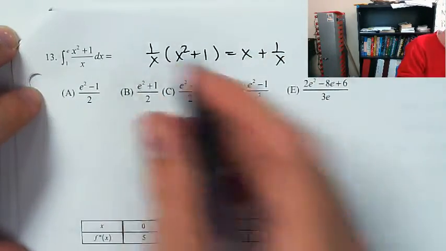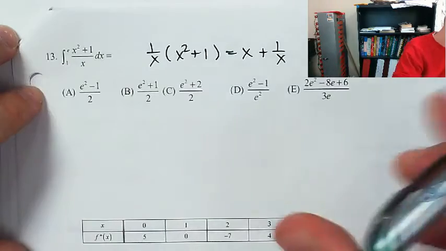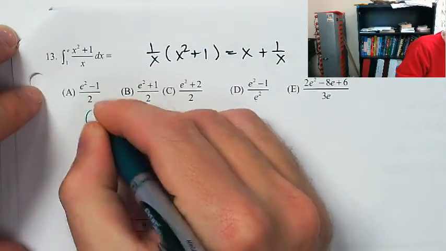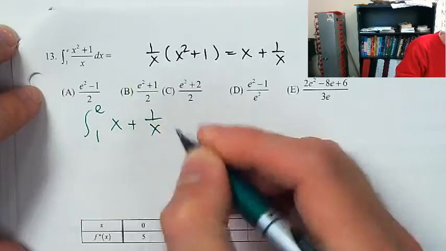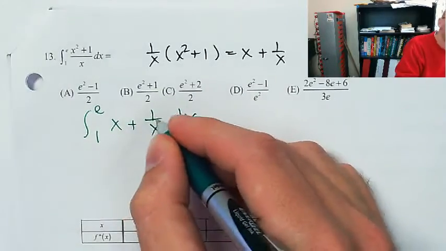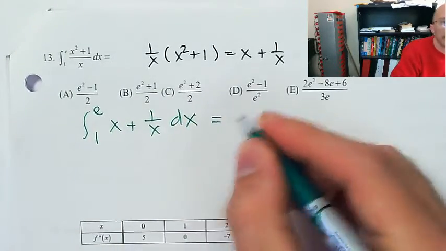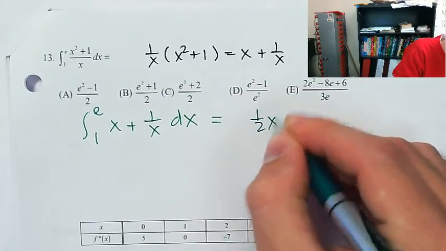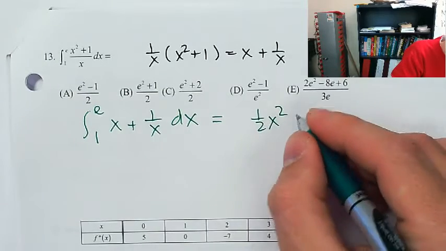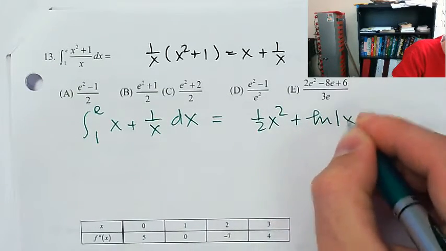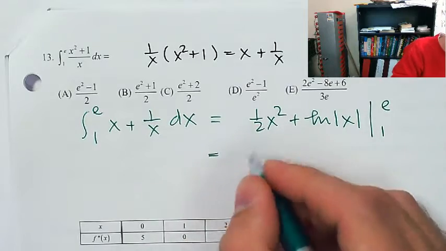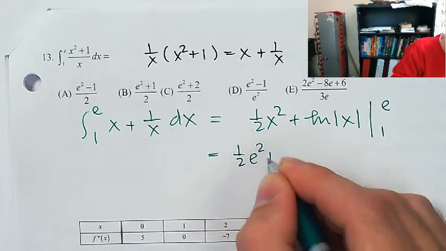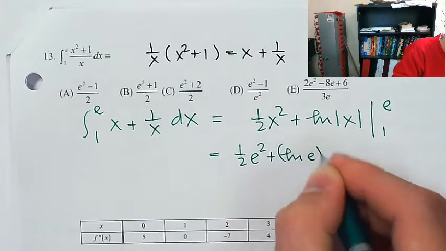So I'm going to rewrite my integral. Maybe I'll switch up the color. As the integral from 1 to e of x plus 1 over x. That makes sense, because that's going to incur a log. So an antiderivative for x is 1/2 x squared. An antiderivative for 1 over x is going to be the natural log of the absolute value of x, and we're going to let x run from 1 up to e. So this is 1/2 e squared plus the log of e